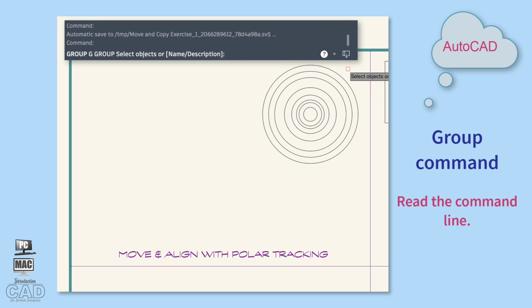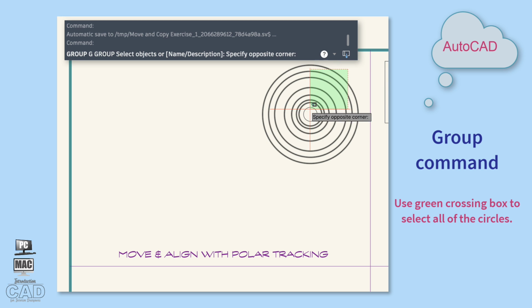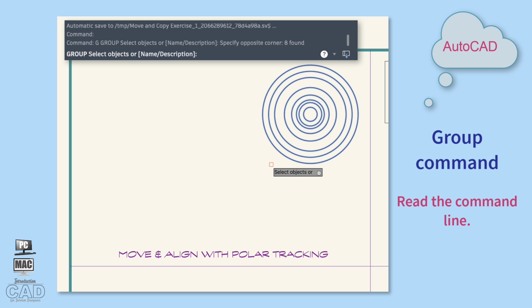Read the command line. AutoCAD is asking you to select objects or choose from the choices in the square brackets. Let's skip the choices in this instance and select the circles to progress in the command. Use a green crossing box to ensure that you have selected all of the circles. Read the command line. If you are done selecting objects, pick Return Enter key on the keyboard to end the